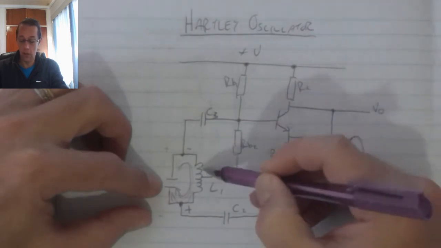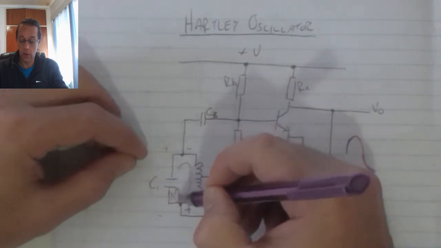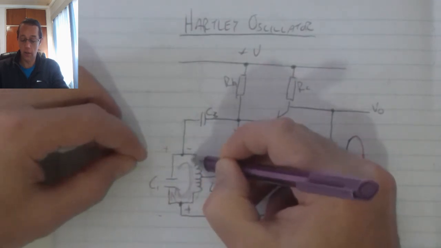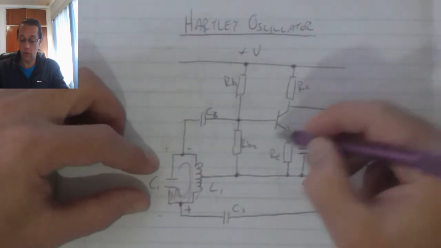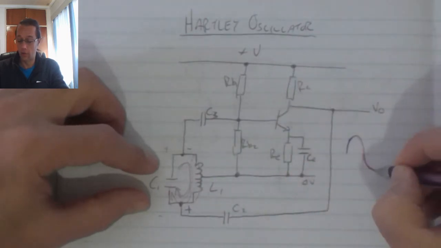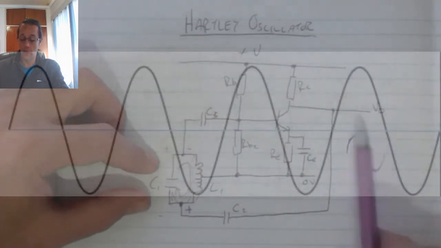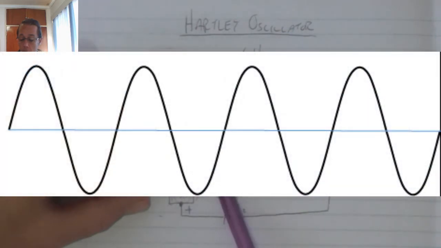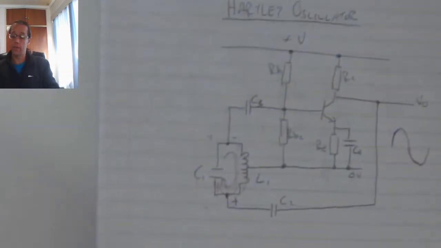Once that happens, the inductor will allow the capacitor to discharge, and as that capacitor discharges, it then creates a back EMF, which will turn this transistor more off again, which in turn will increase the voltage. As a result, the tank circuit will cause the transistor and amplifier to generate a sine wave. The frequency of that sine wave